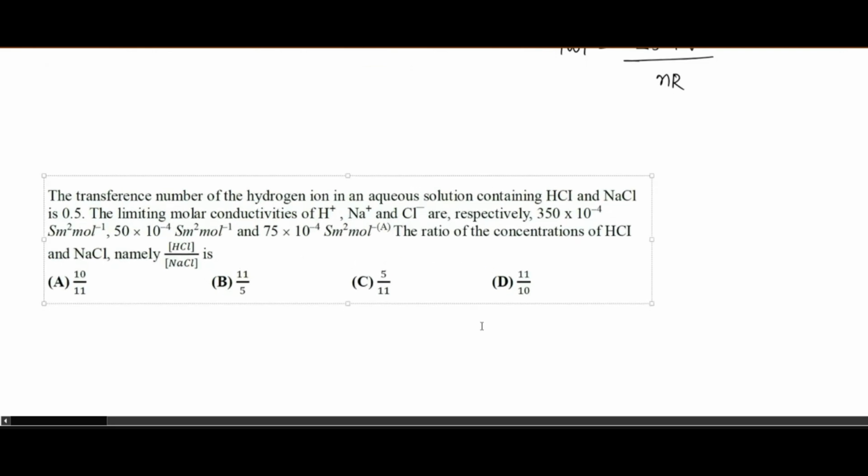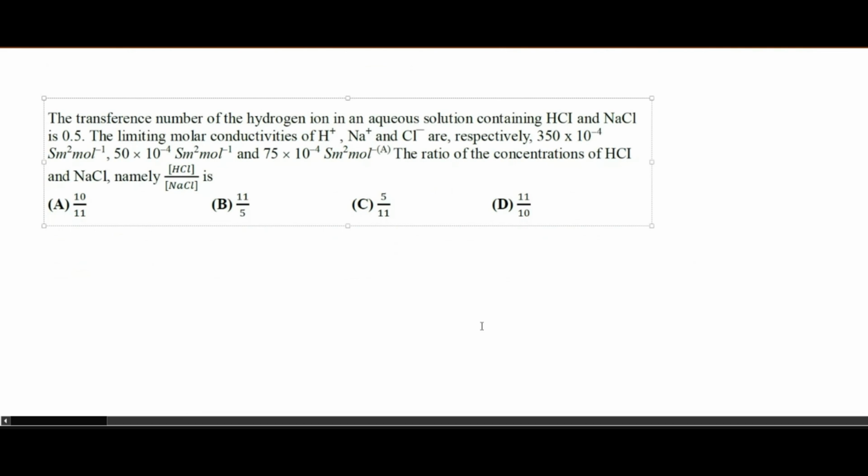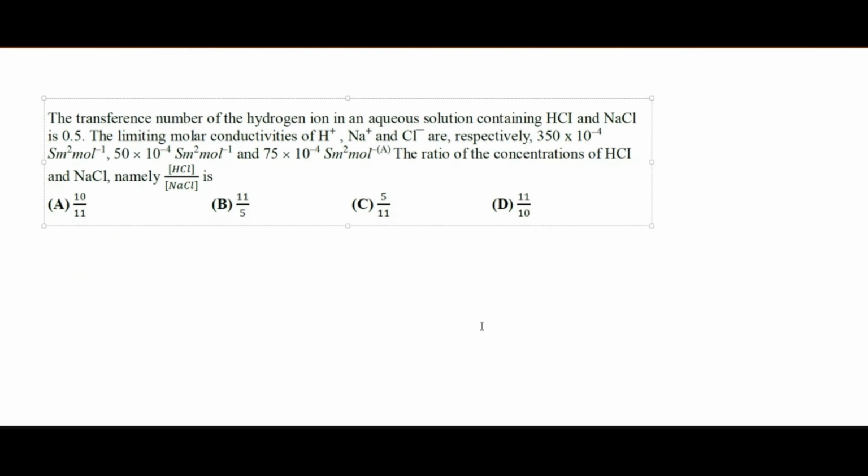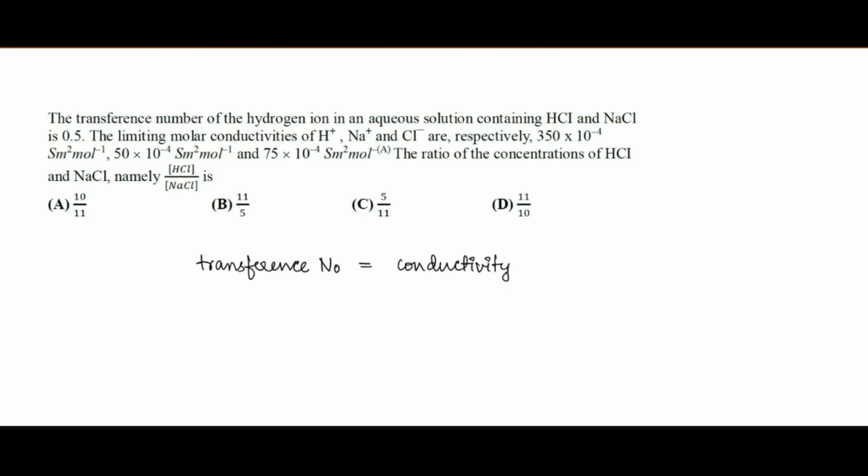Let's move to the next question. A bit big question. Electrochemistry knowledge. Read the question very well. Transference number and transport number are the same thing. So the transference number is given. The transference number of H plus in aqueous solution containing HCl and NaCl is 0.5. The definition of transference number is, for whichever ion it is given, here it is H plus,